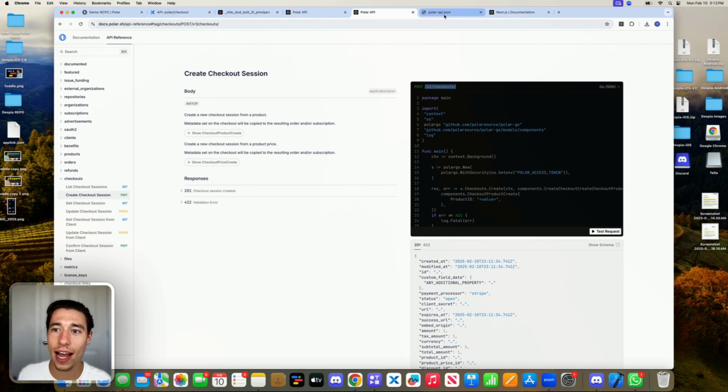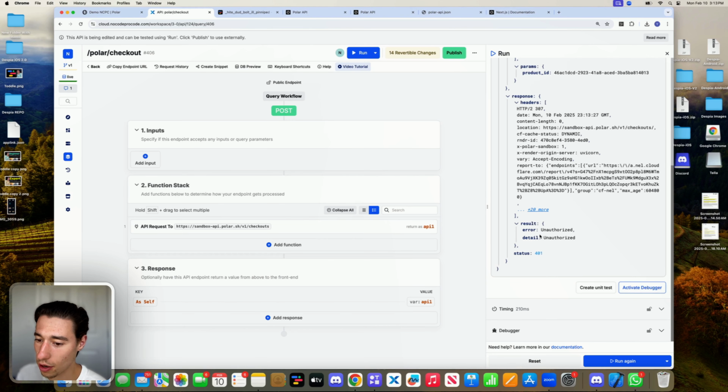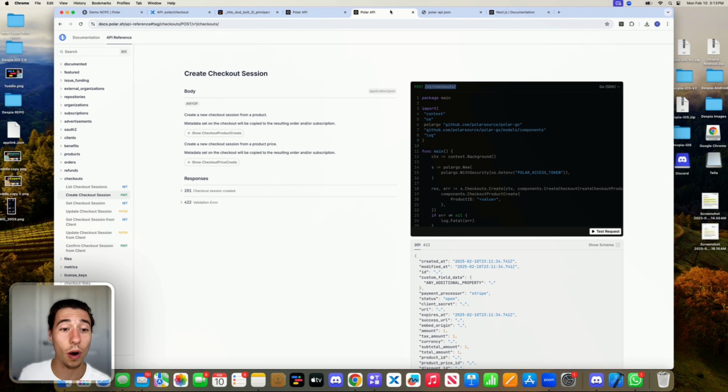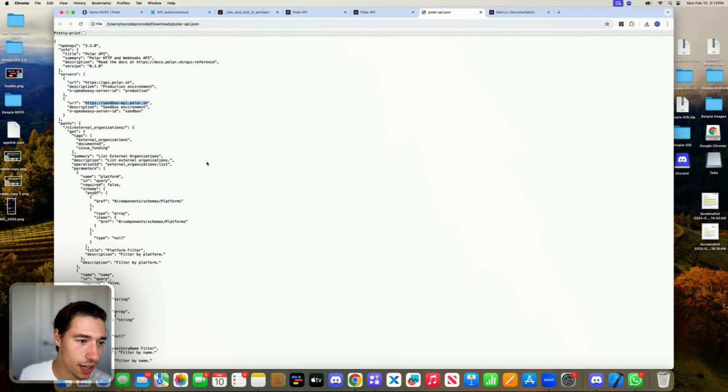Now we are on Sandbox here, and we do have the API key. So I'm interested to see, I think it's the multi-part form data part. That is the issue. Let's try that again. It still says unauthorized, but we are reaching the server. We get a 401. Let's take a look here again. So let's take a look at,